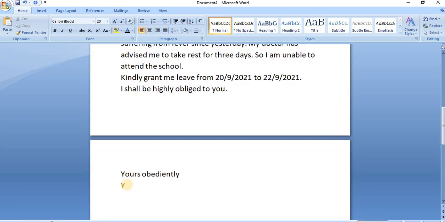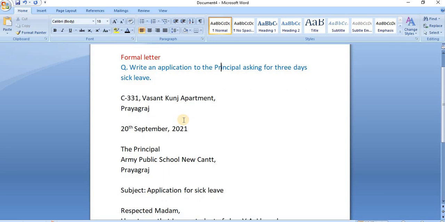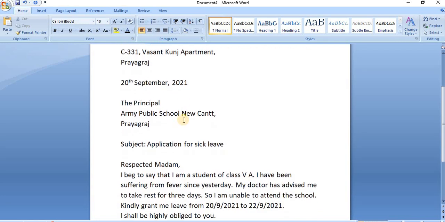Okay, I'm writing the name, Yag Sharma. Then you have to write your class and section also. Class 5A. Okay. In this way you have done your formal letter, and you have written the application to the principal for 3 days sick leave.